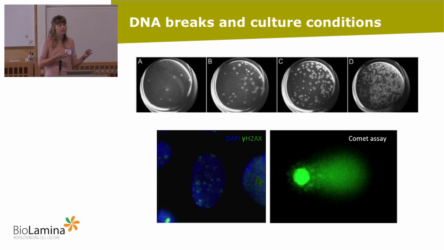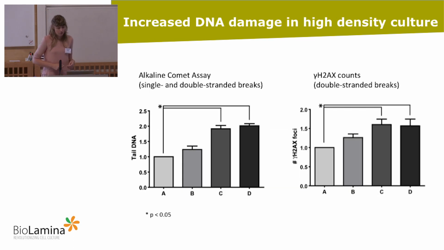We went on to measure if this DNA damage could actually result in chromosome abnormalities. What you see here are the results of single cell aCGH, 30 cells in each condition. We just did the 2 extremes, very low density and very high density, because single cell aCGH is very expensive and very labor intensive. What we saw was that at the low density we had no chromosomal abnormalities, which is actually very low, and I think it's just by accident that we didn't pick up any. But in the high density, 33% of the cells carried a chromosome abnormality.